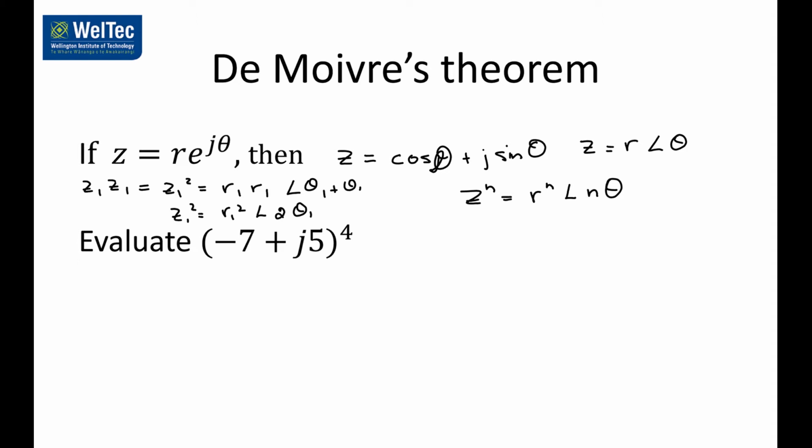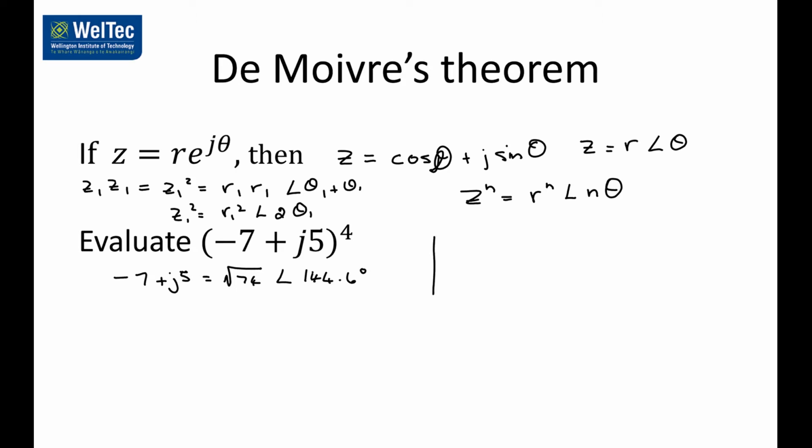For example, we can now evaluate -7 plus j5, which is a complex number, to the power of 4. Let's work out the inner bit first. -7 plus j5 is equal to, do the calculation, the square root of 7 squared plus 5 squared, the square root thereof, that's root 74. Angle, and we can work out the angle, the argument,